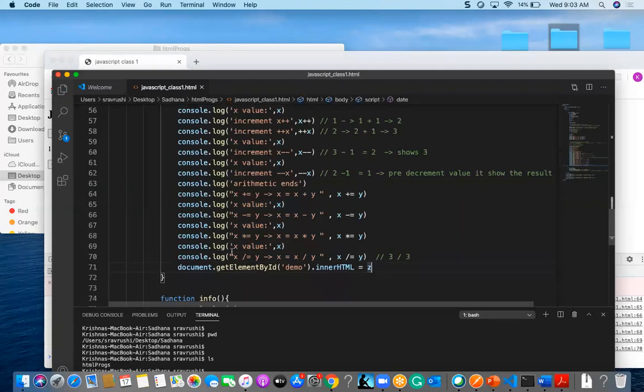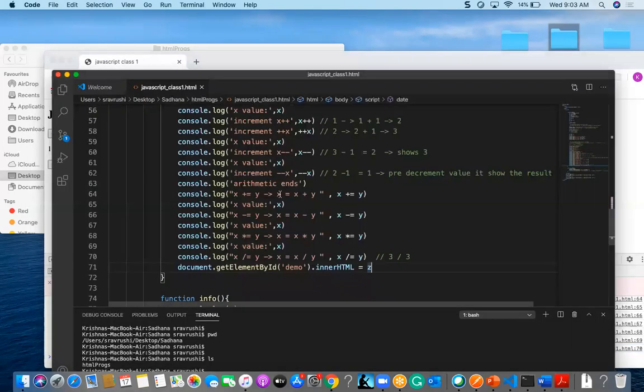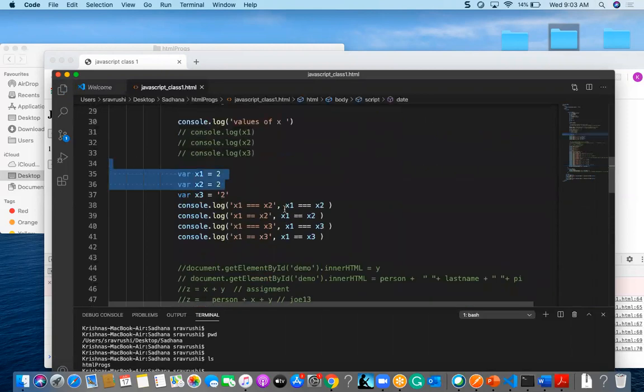So yeah, that's how the assignment operators work. As we saw the string concatenation also. And if I want to check not equal to, let us think I have some variable x1 and some x2.